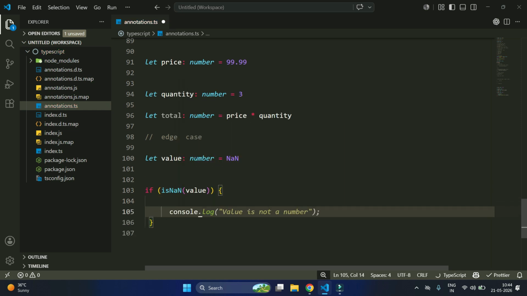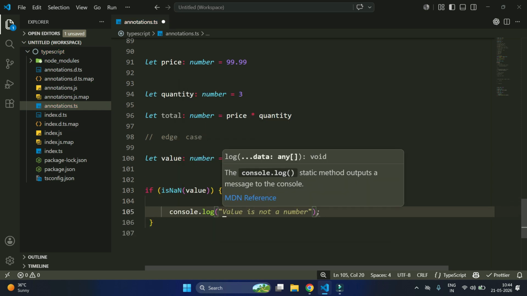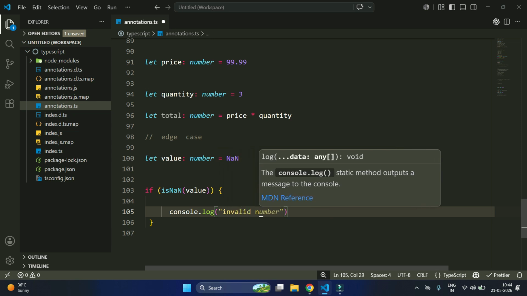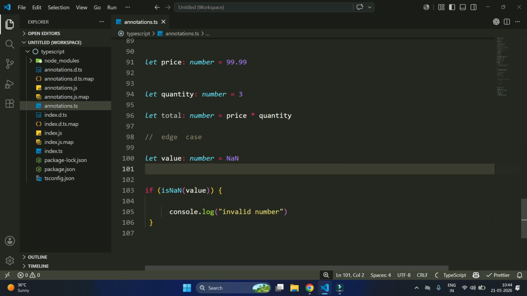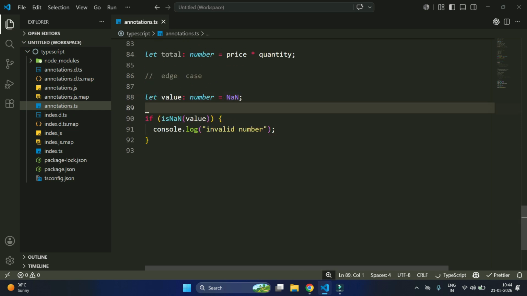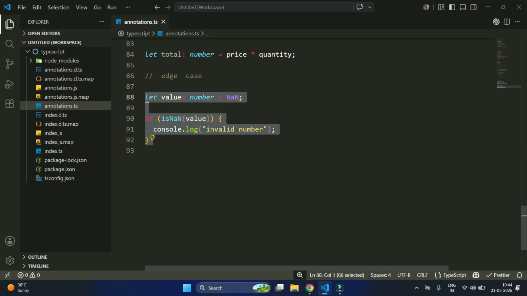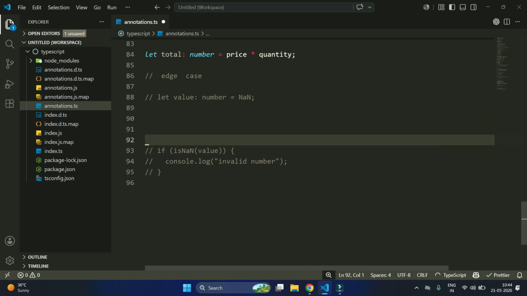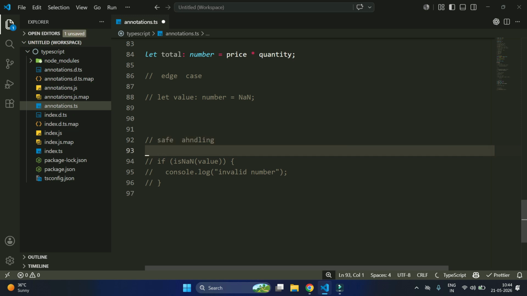Inside it here write console.log, invalid number. Got it? So let value number, and then it is NaN. If it is NaN, console.log invalid number. It is safe handling. Okay, this one you have to handle with a safety check. This is safe handling. Got it? And